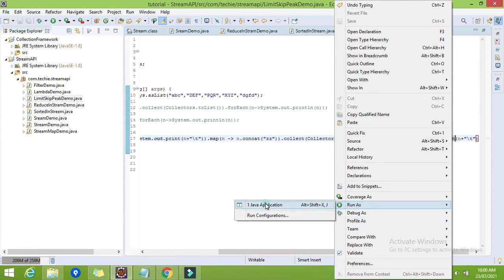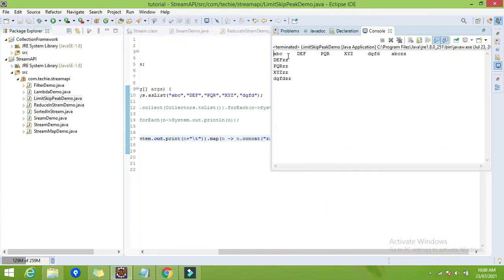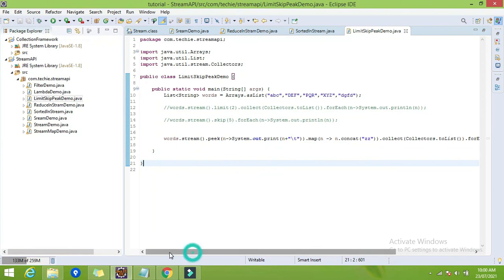Run as Java application. So here you can find I am giving the input as this string, and from this string I am getting the output. So like that we can display or debug our input, whatever the stream element, we can debug here by using the peek method.